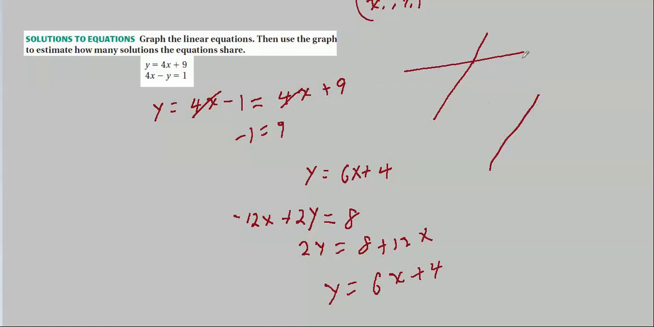So, parallel lines, no solutions. Coincident lines, same line, infinite number of solutions. And most of the time, two distinct equations give you one common solution, the point where the lines intersect. Okay, well, I guess we've had a lot of fun with slopes in the last two